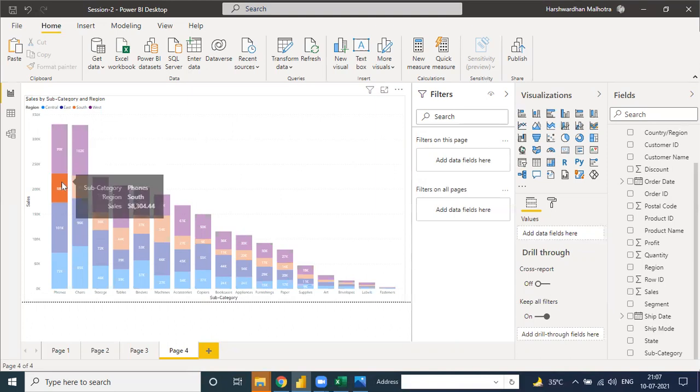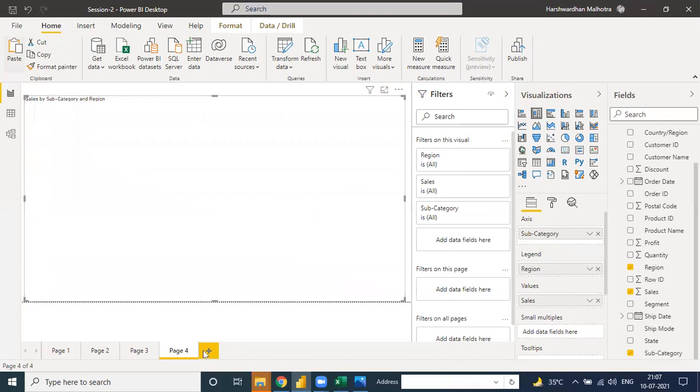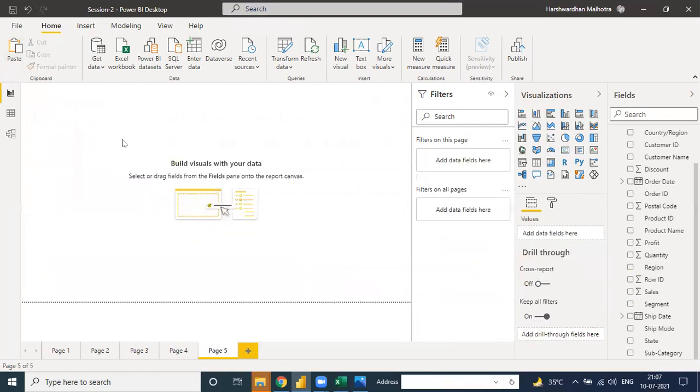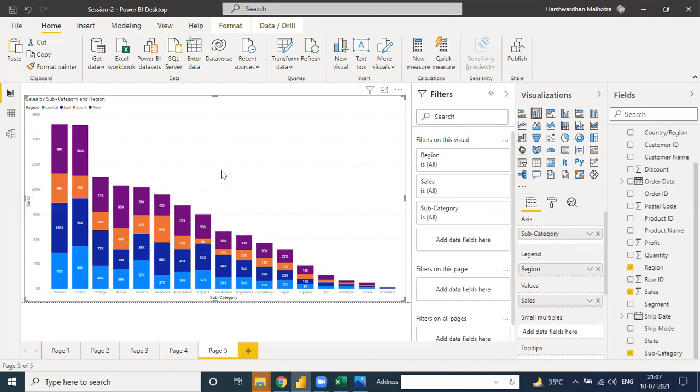Sir, suppose I have to arrange this chart in ascending order. How to do that? There is no option in this chart for ascending order. Okay, the second one, I will show you. Click, copy, paste. Because every chart is not suitable as per the requirement. That's why in Power BI there are 280 visualizations. So as per our requirement, we can do anything.